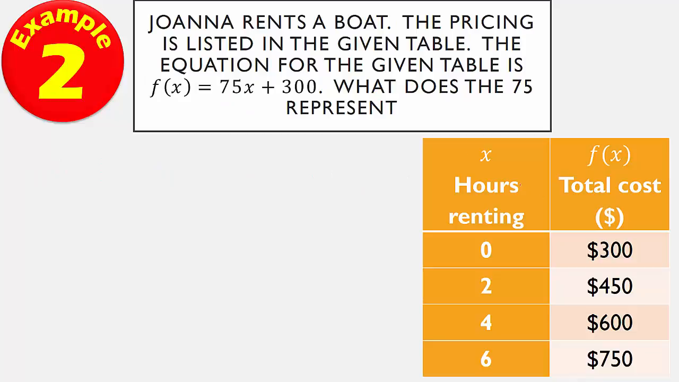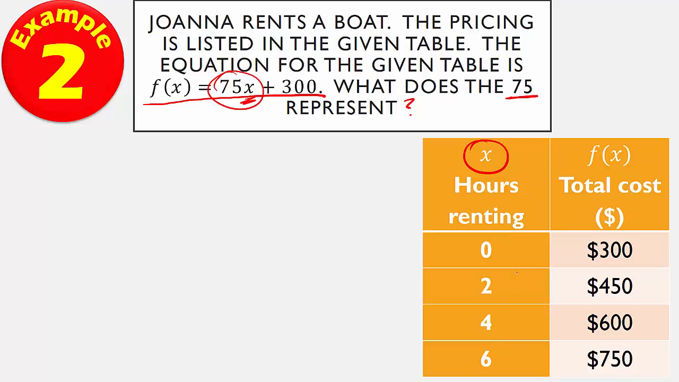Okay, so for example 2, we've got Joanna rents a boat, pricing listed in the given table, and the equation we have right here, f(x) equals 75x plus 300. What does this 75 represent? Okay, so to help us figure that out, we're going to look at that part of it, and we have 75x. So this x right here, we can find here, and we can see that